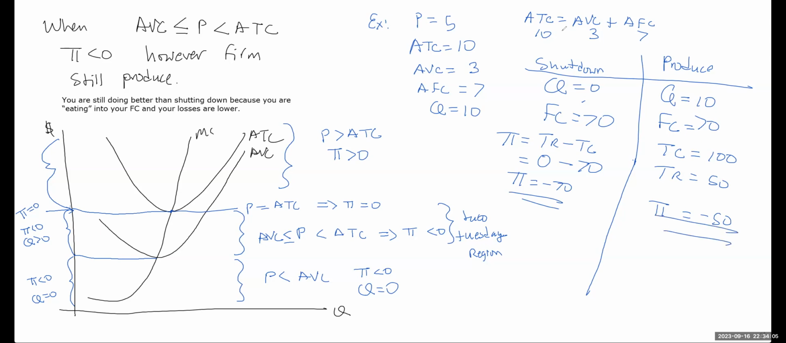You could see if you shut down with this scenario here, in which price is less than average total cost but greater than average variable cost. So like this scenario, if you shut down, you're losing $70. If you produce, you're losing only $50. So it's better to produce